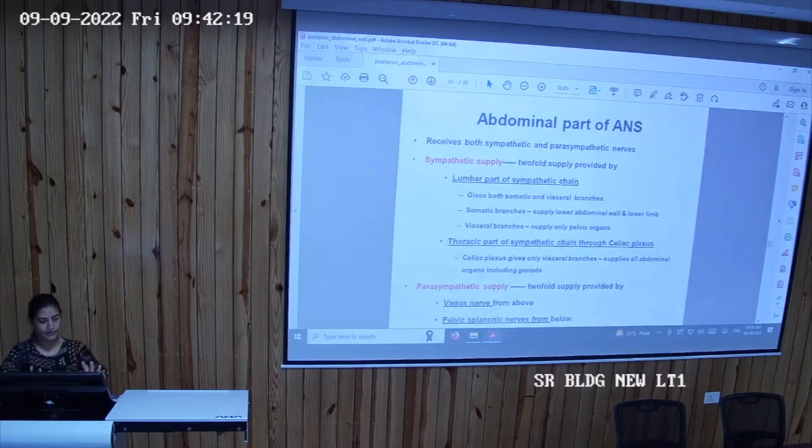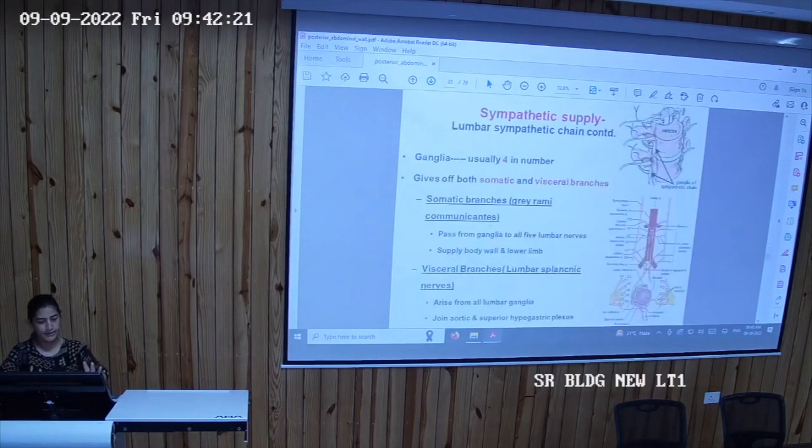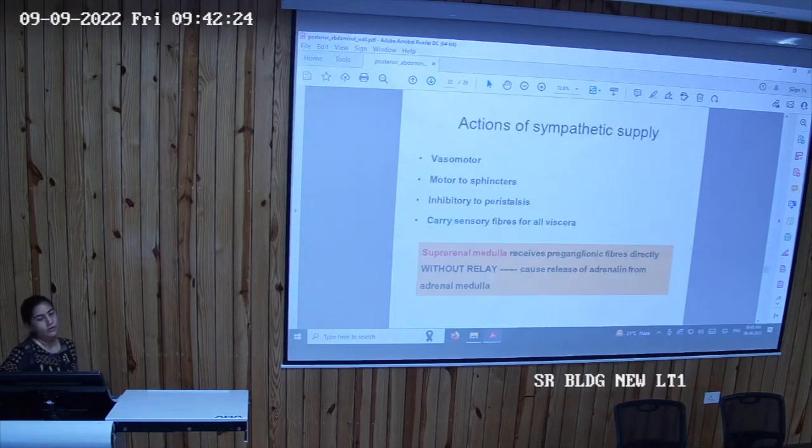Now what would be the effect of the sympathetic and the parasympathetic supply to the abdomen and the pelvic organs? If there is sympathetic nerve supply or sympathetic discharge, what will happen? Vasomotor. So vasomotor nerve supply means